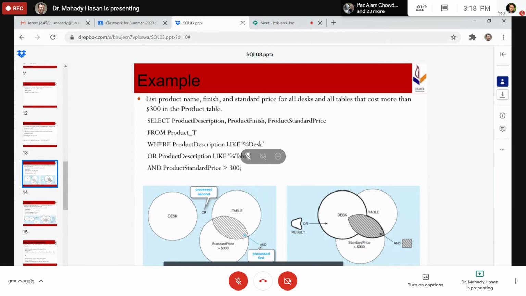Product description like percentage desk. So this is basically desk, and we have the join result, which is the shaded part. So you can see the solid or dark solid line would be our answer.